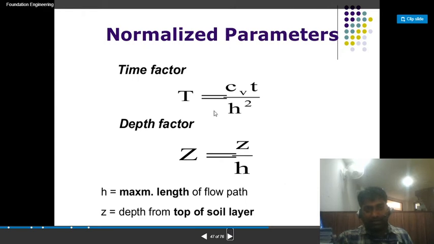Normalized parameter, time factor T is equal to Cv into t upon H squared. Depth factor Z is equal to capital Z equal to z upon H. H is equal to